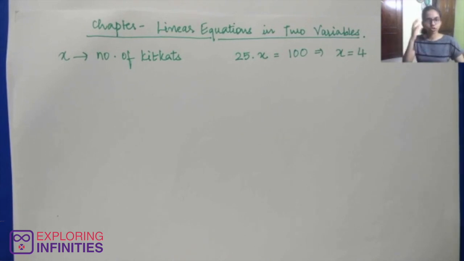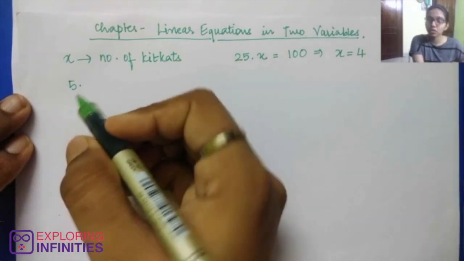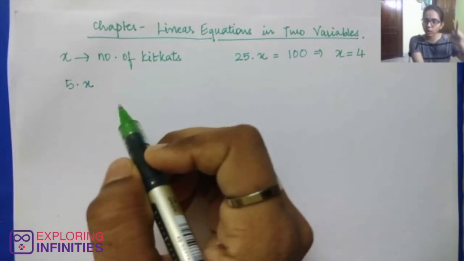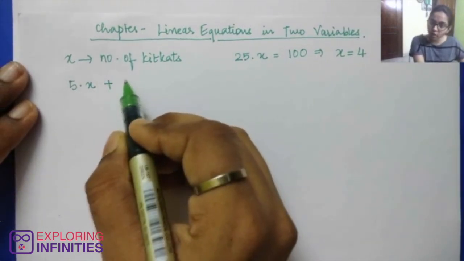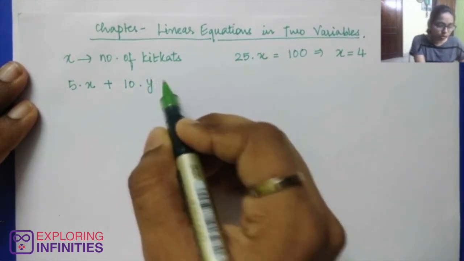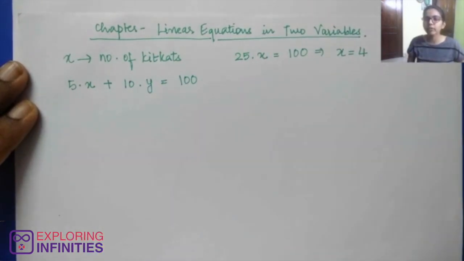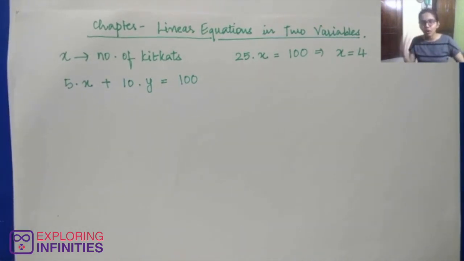Okay, so now what the shopkeeper does is, if one mango costs 5 rupees and the number of mangoes I should give to this child is X, so 5 into X gives you one part, plus if one strawberry costs 10 rupees, multiplied by the number of strawberries this child will get, Y, equal to 100. So his problem is, he has to solve this equation to get the number of mangoes and the number of strawberries that he should give to the child. So this is a linear equation in two variables. So in this entire chapter, we'll be studying these kinds of equations where we have two variables, and our problem will be to solve such equations. So let's just hop into the main topic.